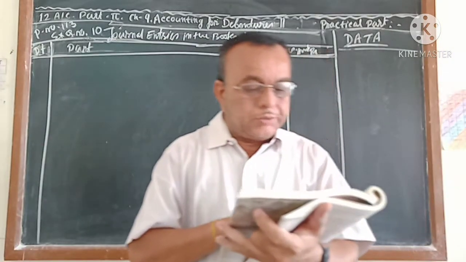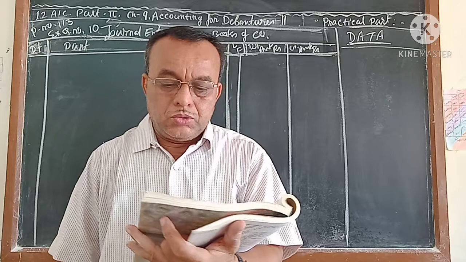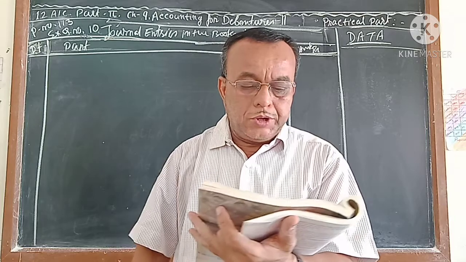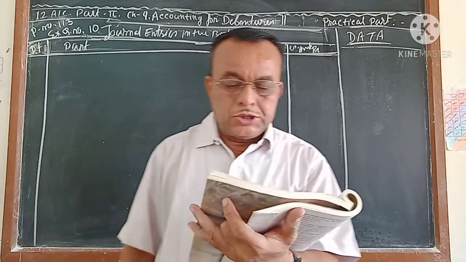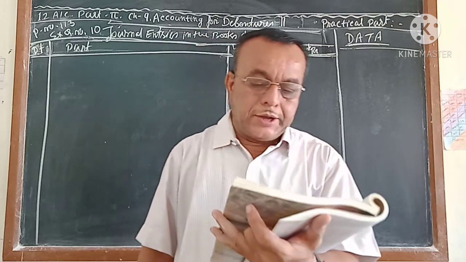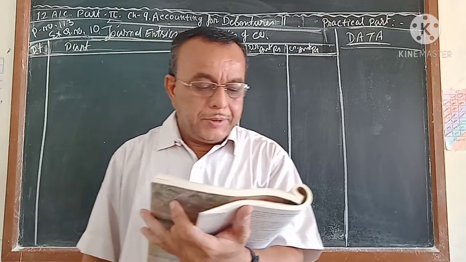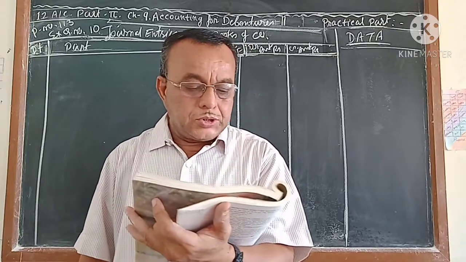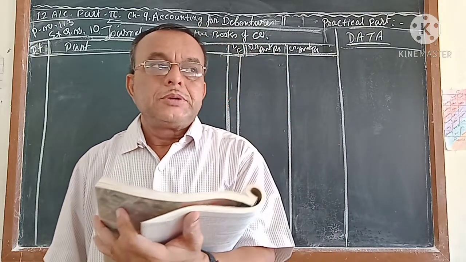Mansuri Limited of Dahod issued 8,000 10% debentures of rupees 100 each at a discount of 10% as on 1/4/17. From this one line, so many pieces of information you got. Total number of debentures is 8,000, 10% debentures, face value of rupees 100, and discount you are giving is 10%, means 10 rupees. So you are going to collect 90 rupees from the debenture holders. The amount was payable as under: application rupees 30, allotment rupees 35, and the balance amount on the final call. So how much are you getting? 30 plus 35 is 65, and the balance amount comes to 35, but it is not 35.